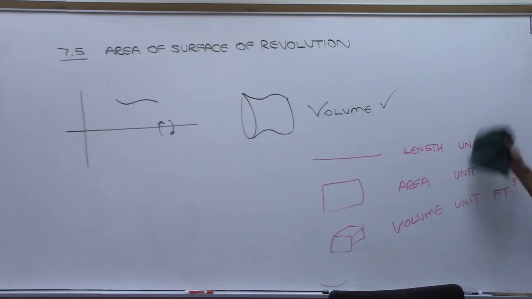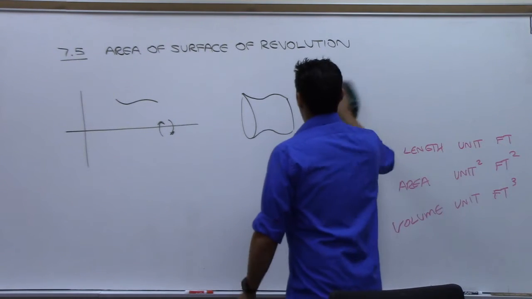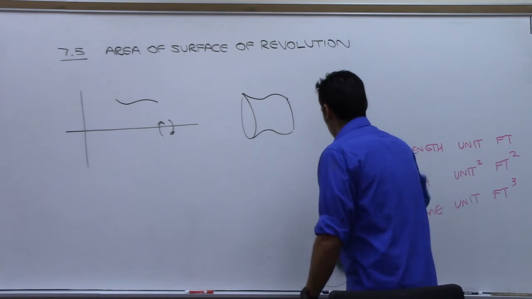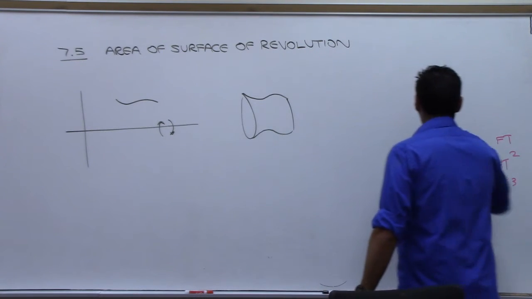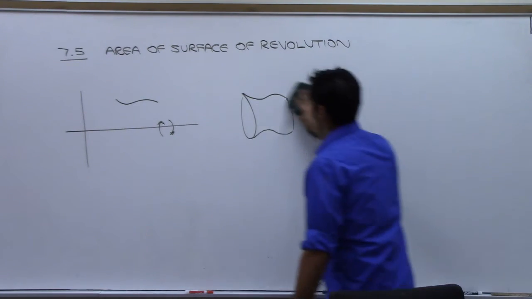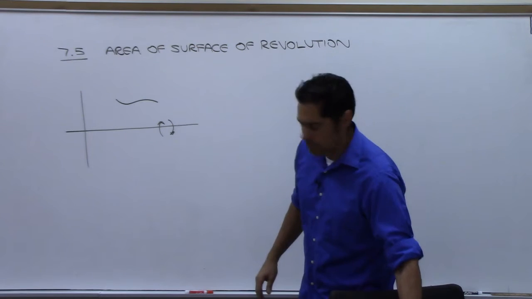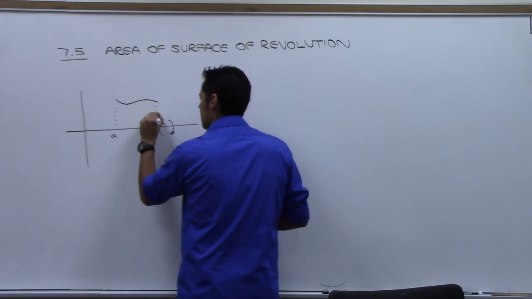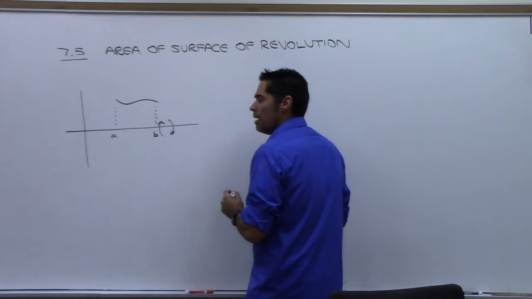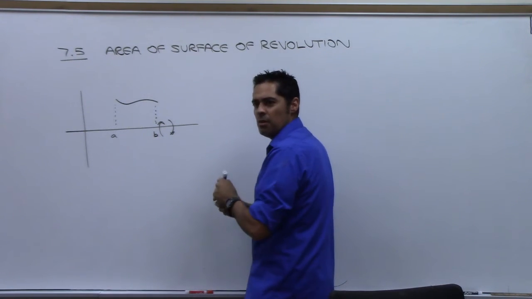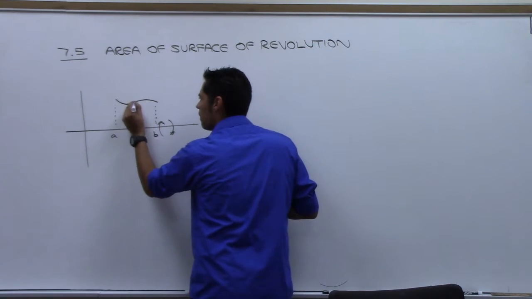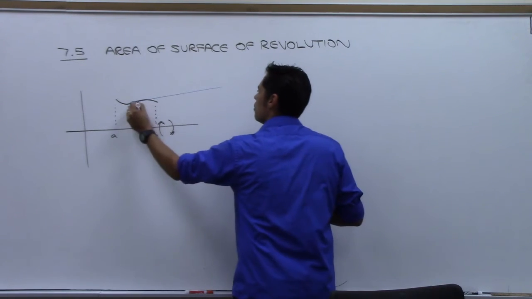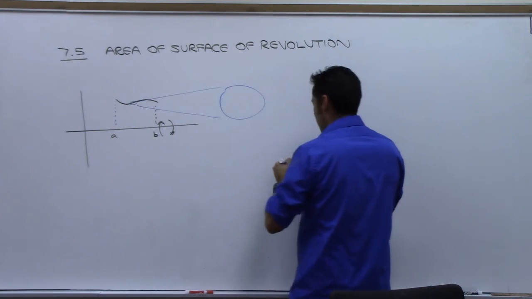Got it? So let me show you how we can do this. Let's go back to this picture, A to B. Let's zoom into a little piece again. That little piece that we have there,